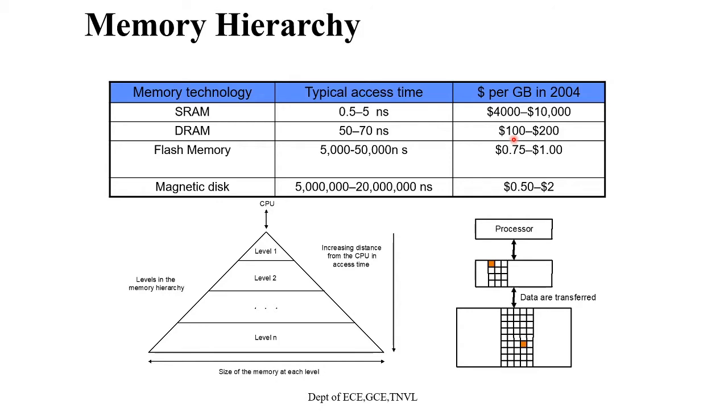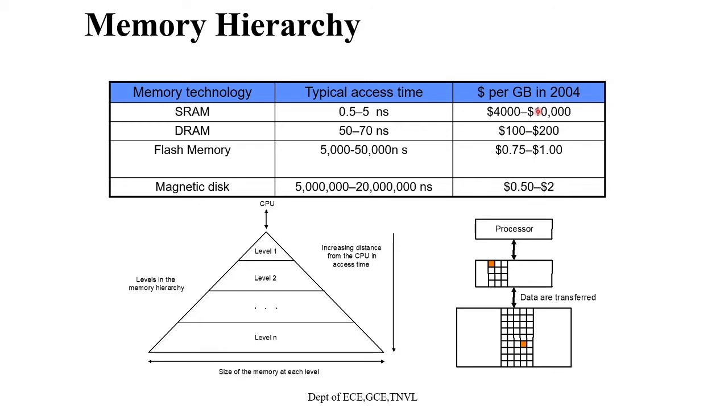The speed difference also arises from several factors. The third technology we use is flash memory. This non-volatile memory is the secondary memory in the personal mobile devices we use nowadays. The fourth technology is used to implement the largest and the slowest level in the hierarchy in servers, that is the magnetic disk. Here you can see the access times for each and every technology, and the cost per